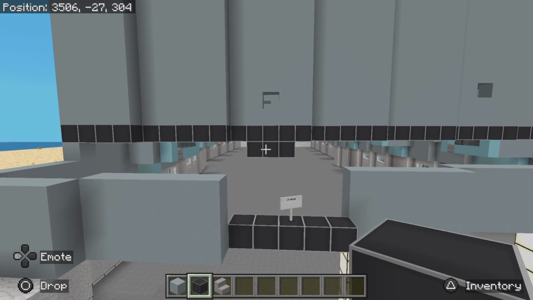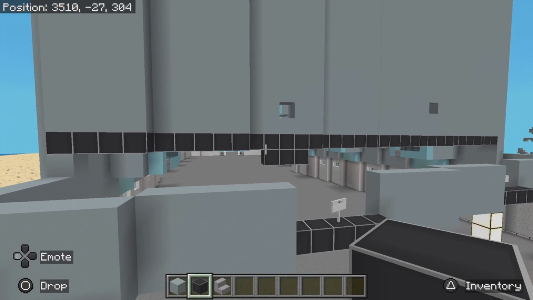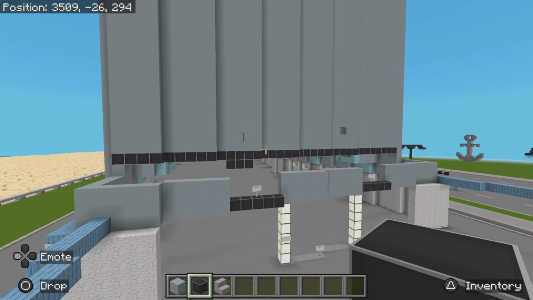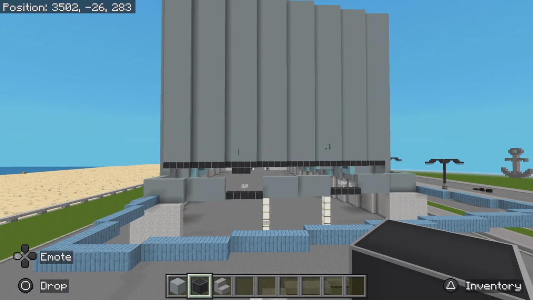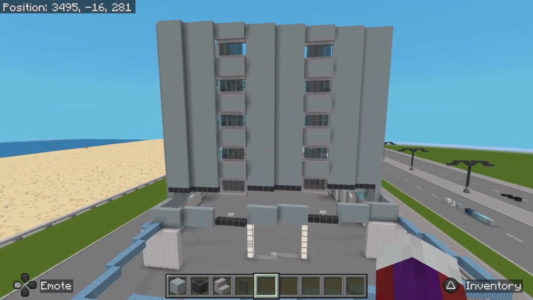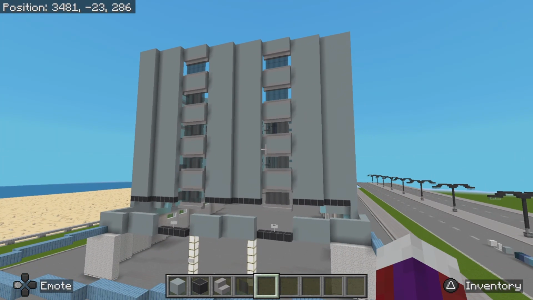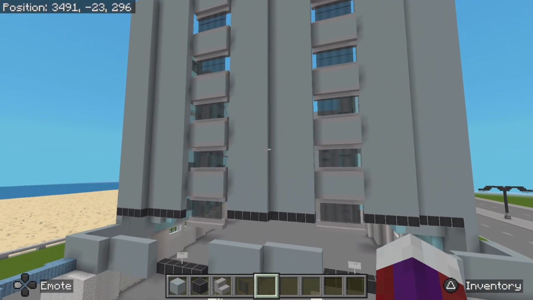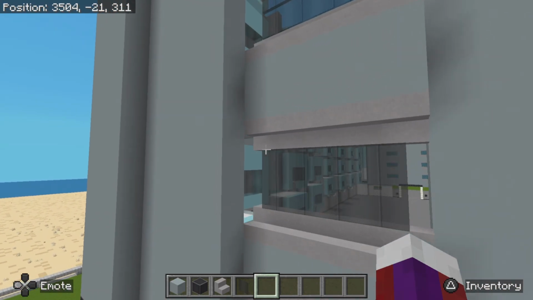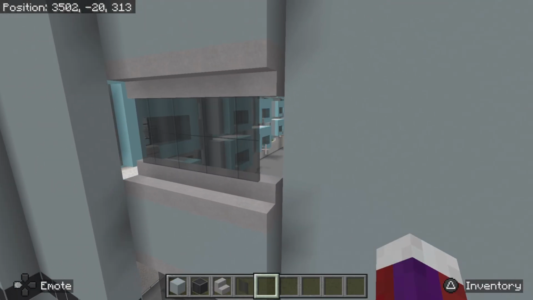So make sure your stairs, your windows, and everything line up, and you're going to do that all the way to the top. Alright, now again, simple enough. You should have your windows in there like this. Now I know they look a bit weird because you got this opening right here on each side of the